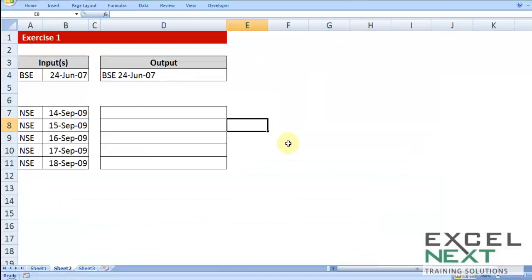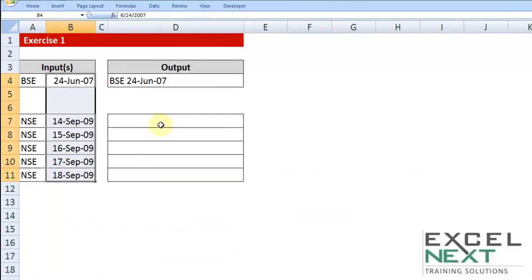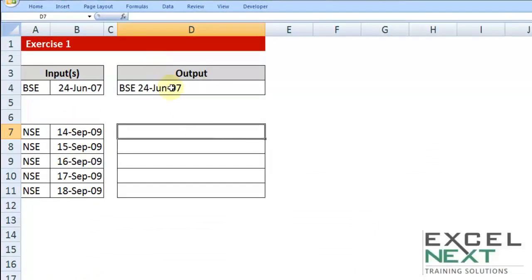Okay, now sometimes when we have data which consists of a text string and also a date string, how do I combine them both? Now looking at the output sample, you would say, isn't it a very easy task? Yes, indeed it is, at least from the outside. Let me try it out and see what complexity we might come across.